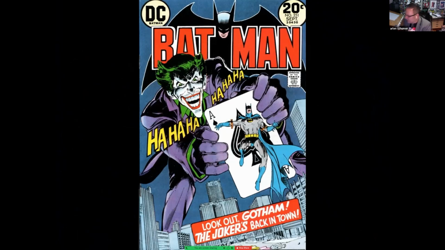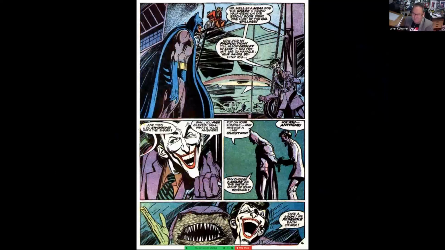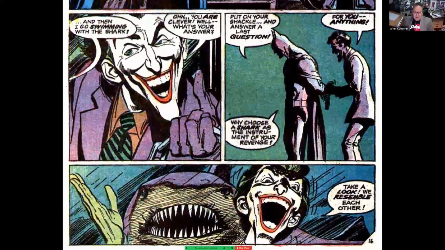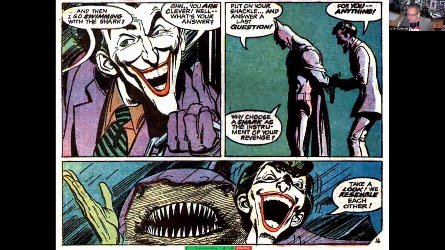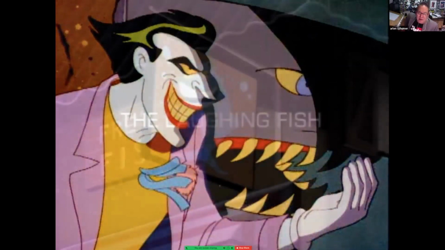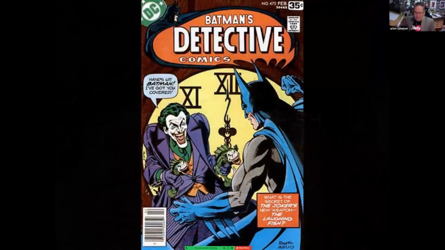Adams and writer Denny O'Neil bring him back, and it could still be the single greatest Joker story because it's the single greatest Neil Adams Joker story. And it's really, to me, the definitive Joker. I think all modern Jokers sort of take off from this 1973 vision. Timm and company did an episode that again pays homage called The Laughing Fish, as well as being a more direct adaptation of another vision of Batman that followed Neil Adams,